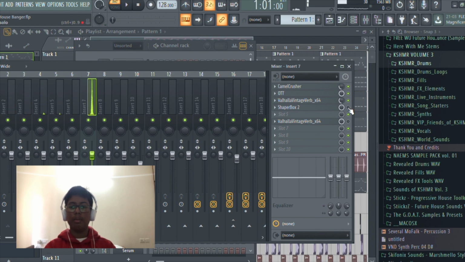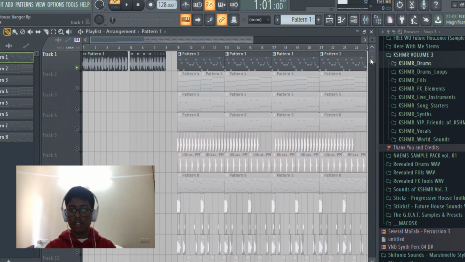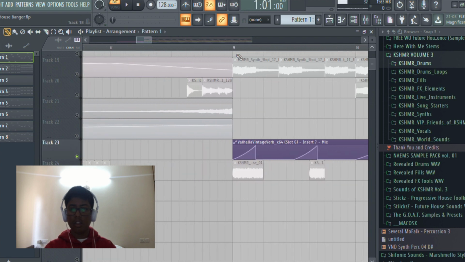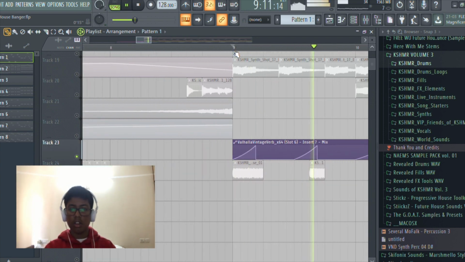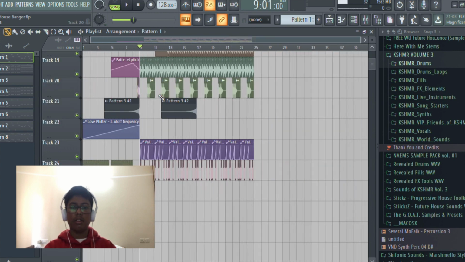Then I have a ShaperBox. Then I have another VintageVerb that's actually going here to this automation clip here. Yeah, so I'm automating the reverb on the last one. Right, next up we have the